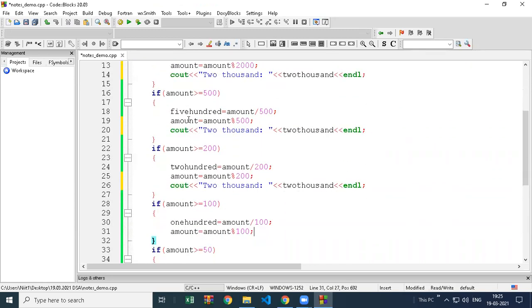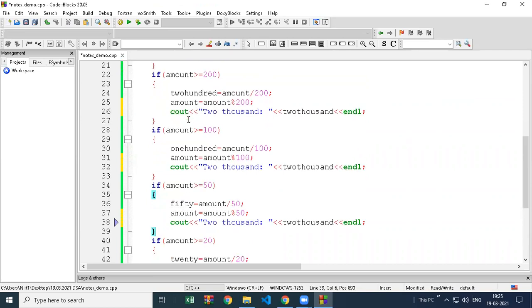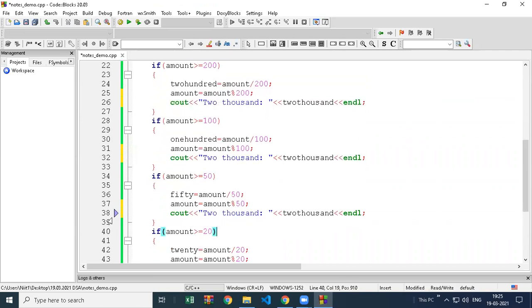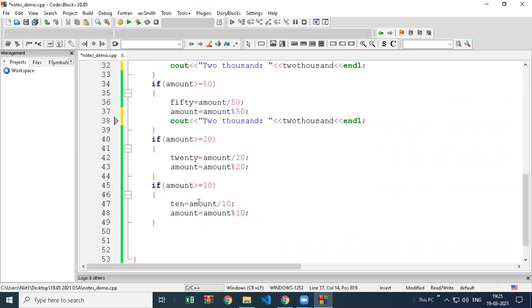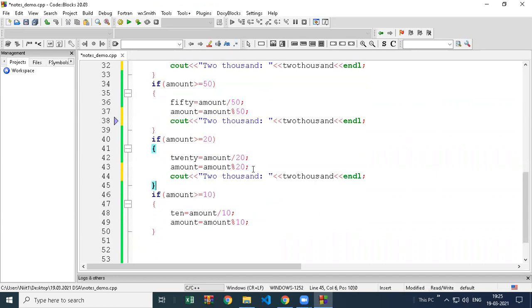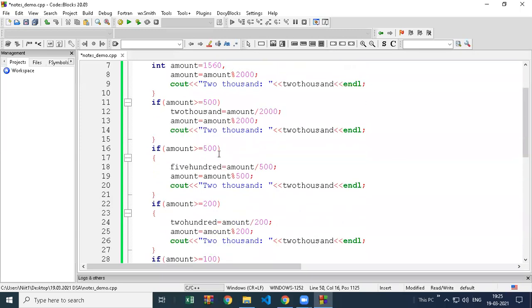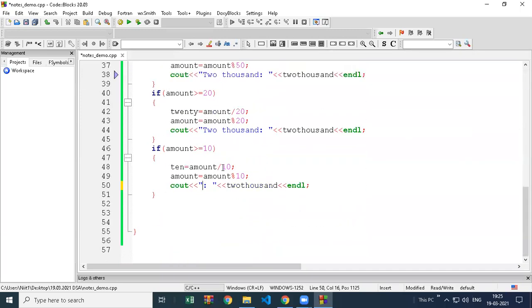See, writing one by one takes time, but this is the best way of understanding the program. And then later you can make it fewer lines, but it will become complex also. First just try to get output, then you can reduce lines. So this is 10. This one is 20 notes.